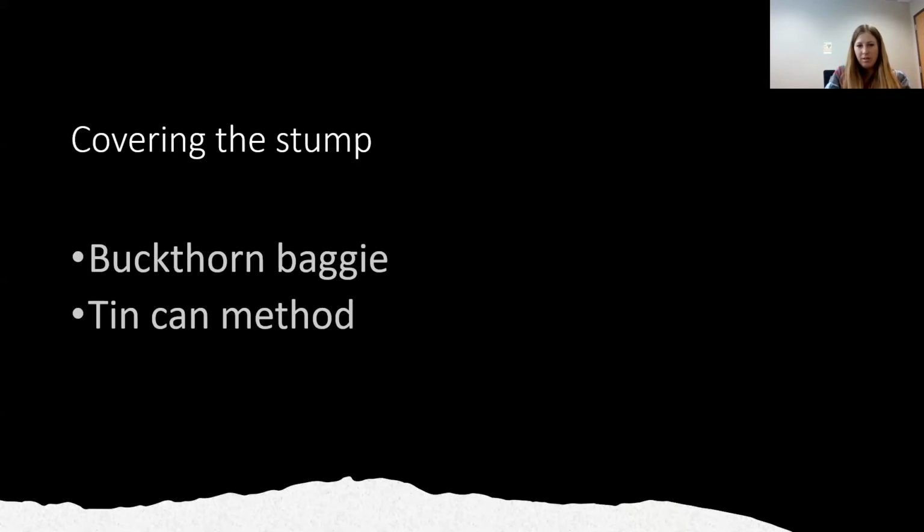So this is something I always like to mention, especially for smaller scale projects. And when we're talking to a group like this that is such a wide ranging audience, some of these smaller scale techniques. So buckthorn baggy, I think there's technically a brand in Minnesota, some company that produces buckthorn baggies, but you can also just cut your own contractor bags and use zip ties.